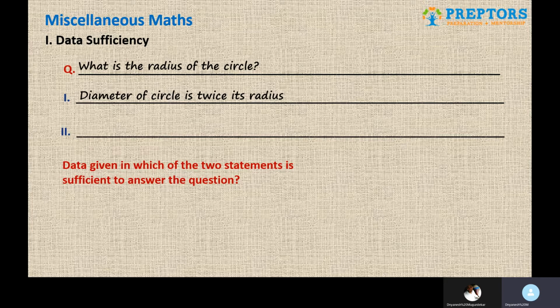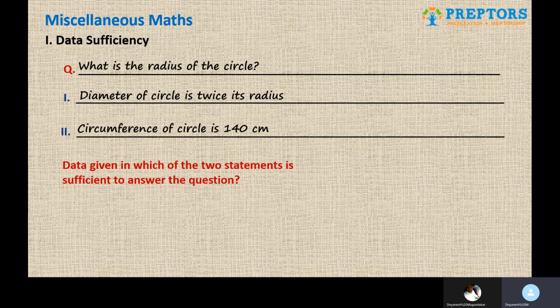Then we'll go to two alone, and again this is where the mistakes happen. Two alone means you only consider two alone. One alone should not be in front of you. So statement 2 says circumference of the circle is 140 centimeters. I know the formula: circumference is perimeter, which is 2 pi r. 2 pi r is 140. I can substitute, do the calculation, and get the value of r.